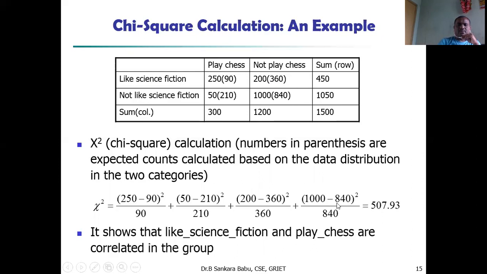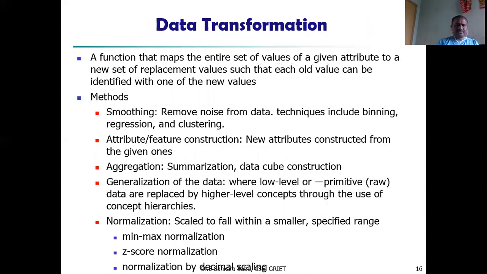If you simplify this equation, we get 507.93. It shows that like science fiction and play chess are correlated in the group. Based on that, we can correlate the values.